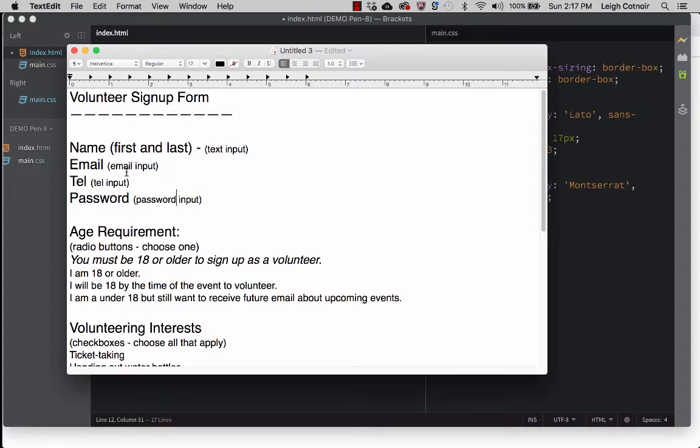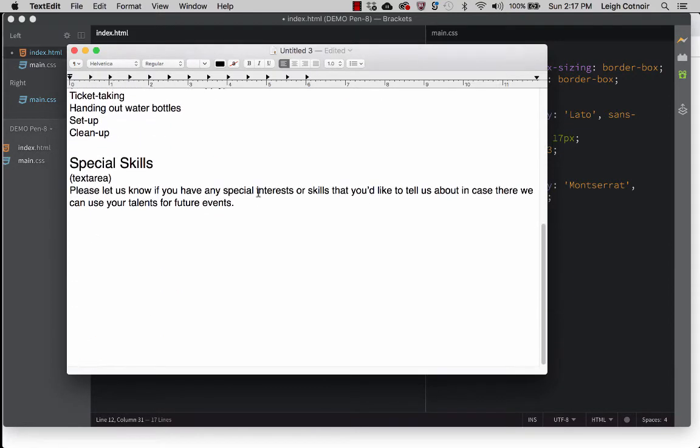It helps them remember where to put things properly. In addition, a password will bullet out on the screen so that somebody can't see what you're typing. Now the difference between this text input field and this thing down here called text area is that